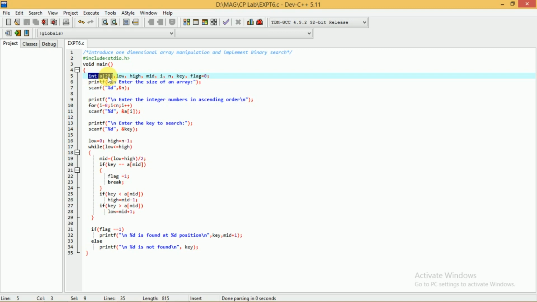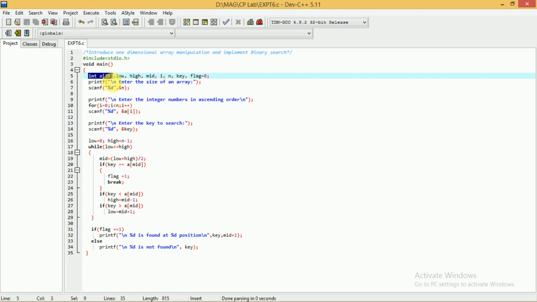At the beginning itself I told you the difference between a simple variable and an array variable. In a simple variable only one value is stored, so you need not specify the size, but in an array variable you are storing a number of values. So whenever you declare that variable, at that time you should specify the capacity, meaning at most how many elements can be stored in that array.